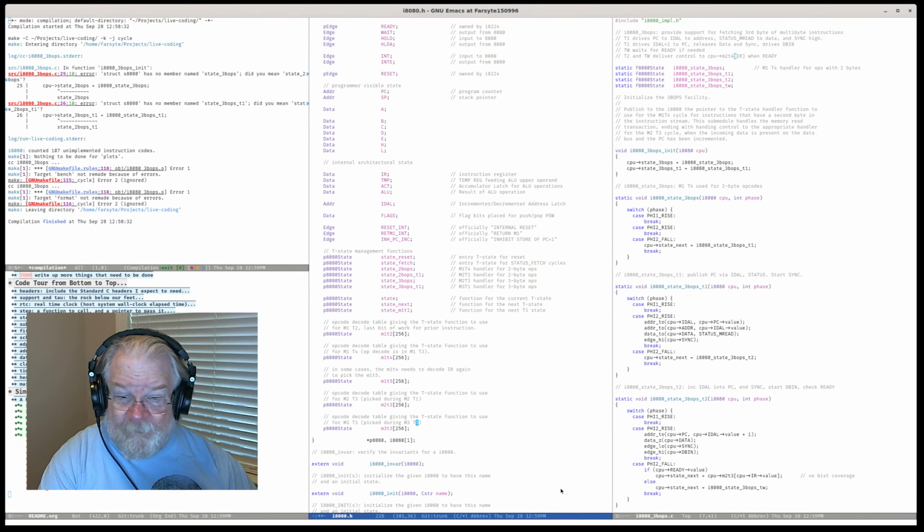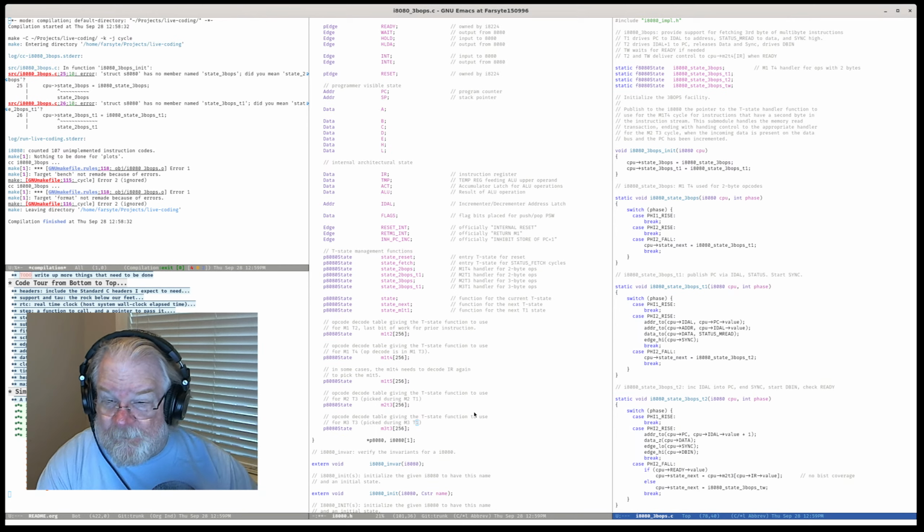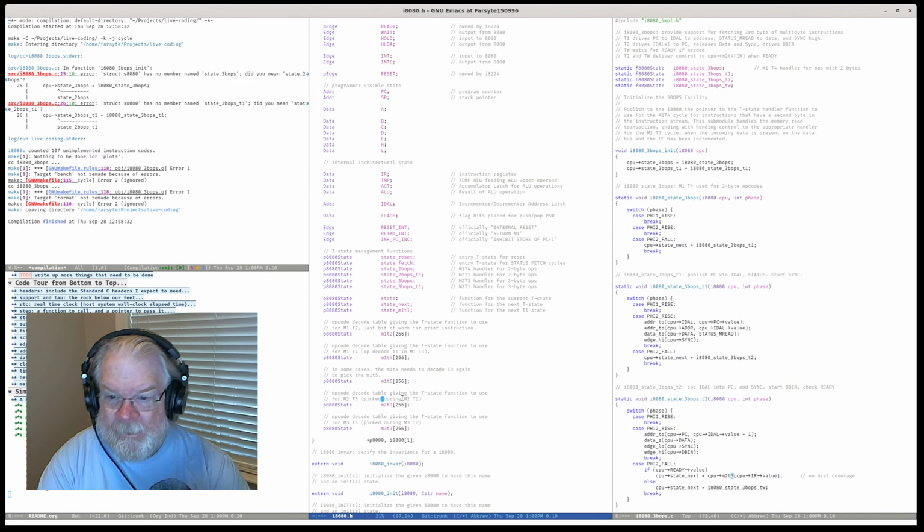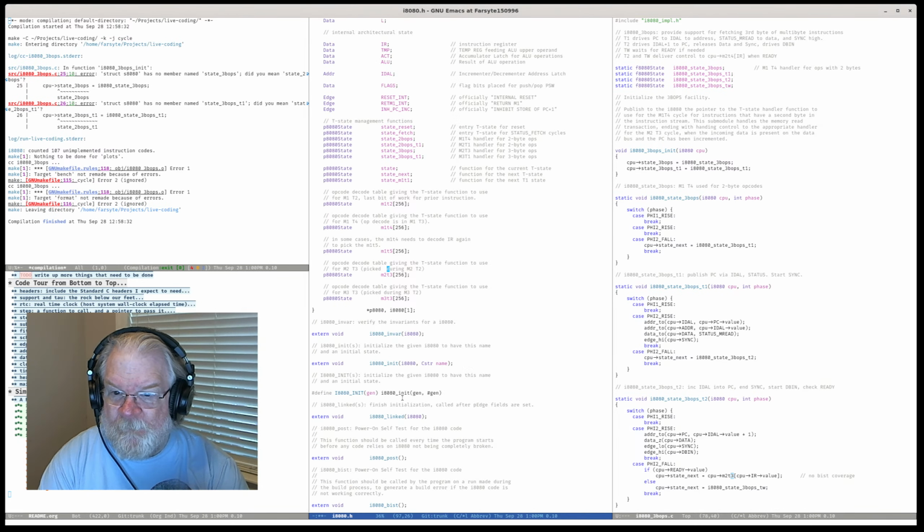So we will be picking from the M3 T3 or M2 T3 during the T2 cycle. Not important, but if it's important enough to comment, it's important enough for the comment to be correct. So it's picked using IR. Oh, come on. Picked from using IR during M2 T2.